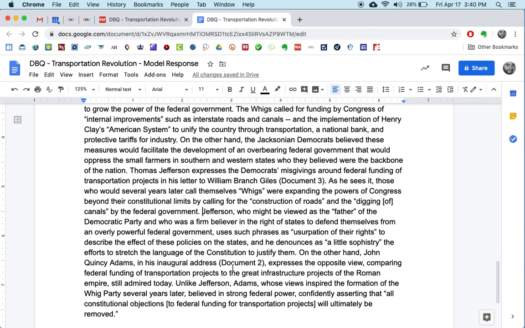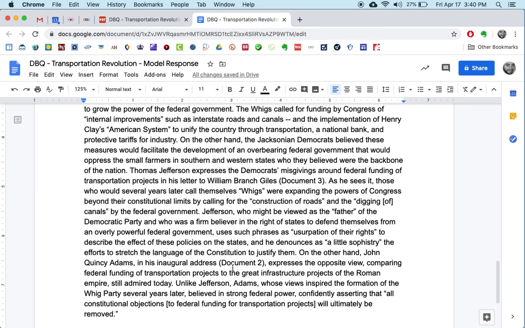Again, a lot of kids will stop at that. They'll say, "Oh, the point of view of this document is Thomas Jefferson, who was the third president of the United States." You might even say, Thomas Jefferson, who was kind of the father of the Democrats. But that doesn't really do what they want you to do. They want you to explain how the point of view impacts the document itself. So what? Because it was written by Thomas Jefferson, obviously, certain language is used, and certain language isn't used. It's rejected. Certain ideas are explored in certain ways,